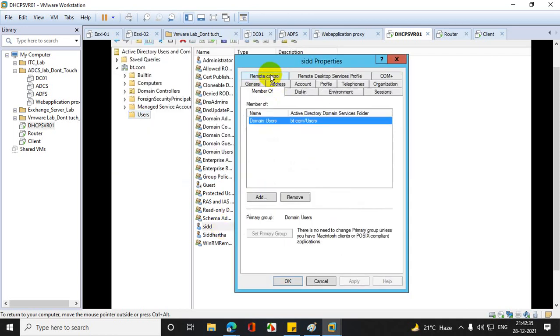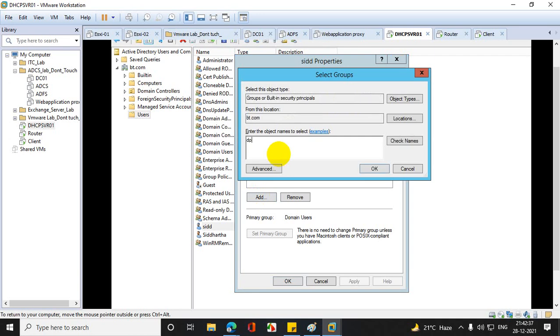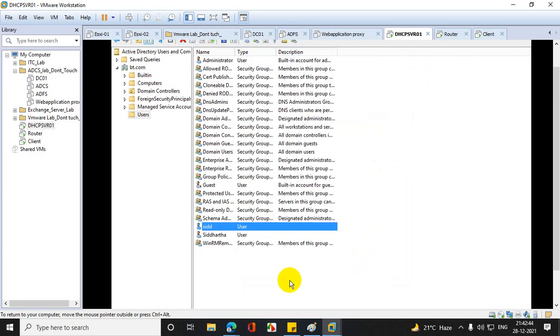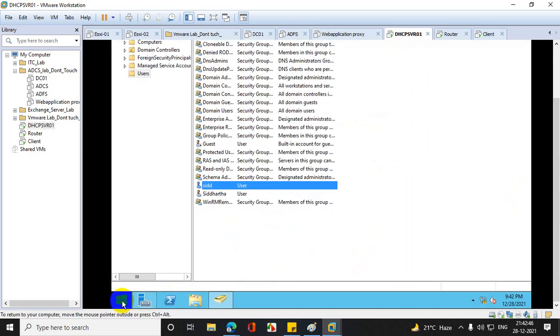I'm adding it as a member of Domain Admins here. Now I'll log off and log in with the set account.